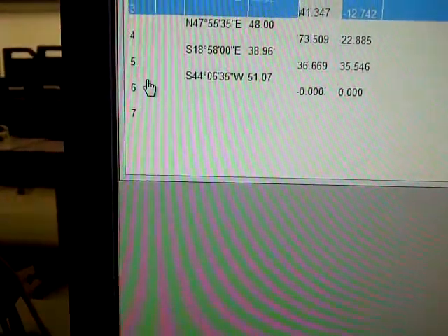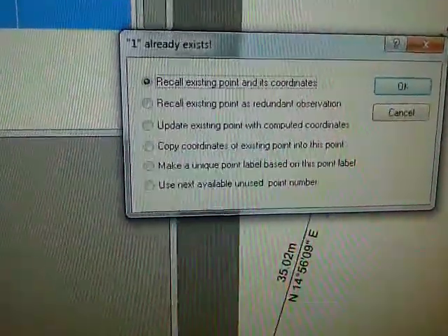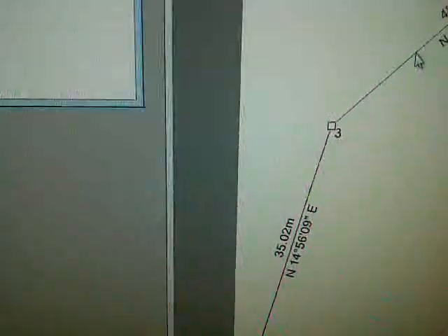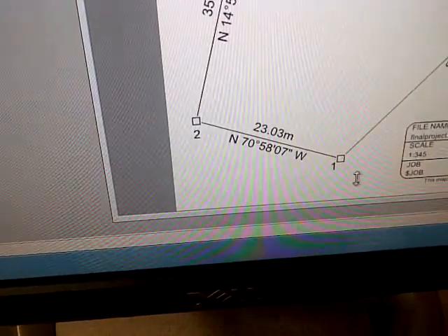And then I'm going to go to my point 6, and instead of calling it 6, I'm going to call it 1. Okay, and then it will ask me to recall the existing point and its coordinates. I'll say yes. Okay, and then you see, ta-da! You have point 1. So I'm only having 5 points instead of 6 because it's a closed traverse. So now for the side shots, what you're going to be doing actually is